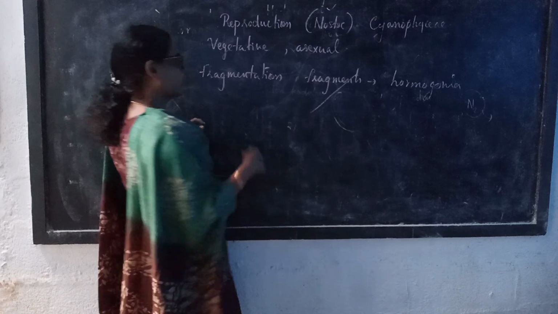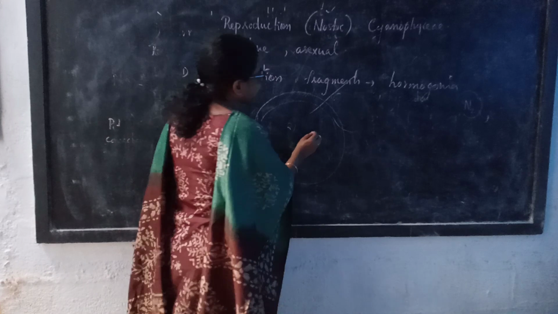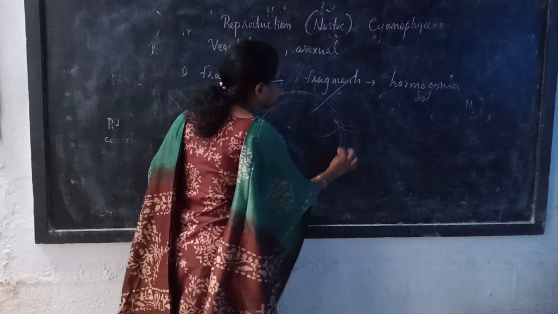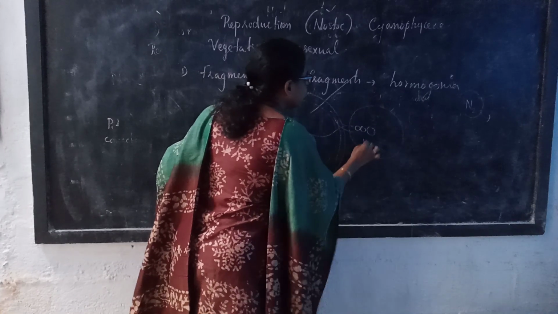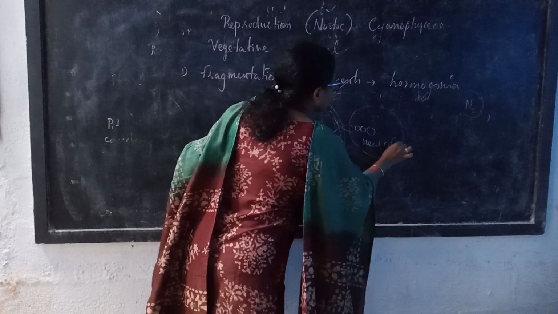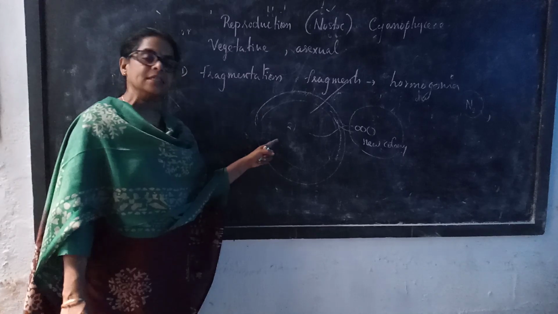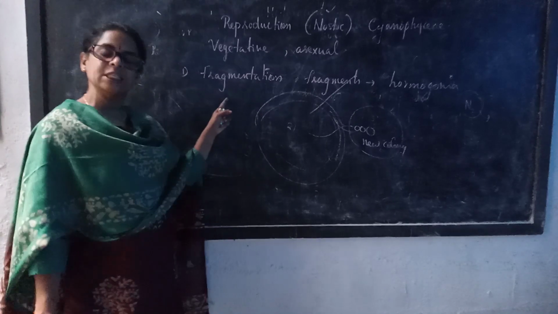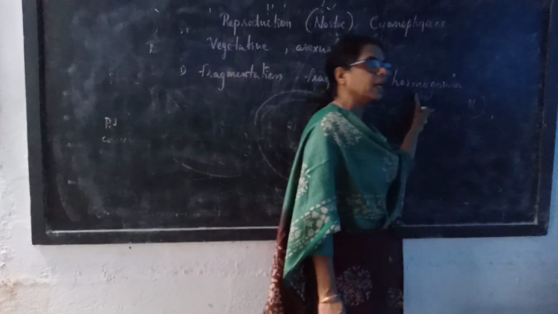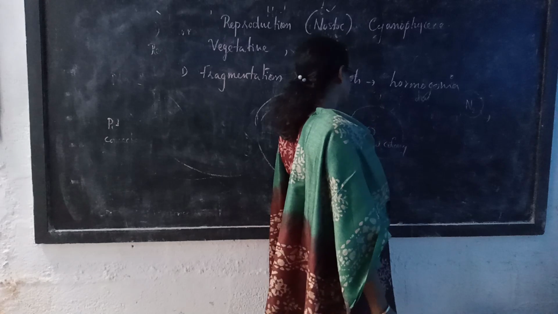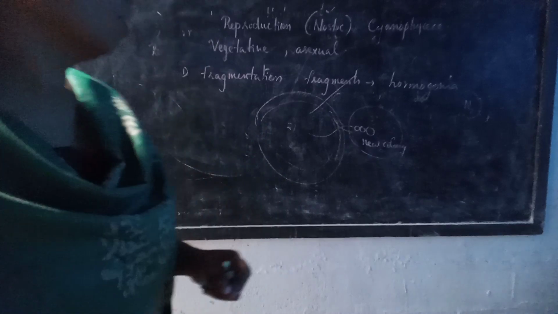Sometimes the hormogonia will increase the filament within the colony itself, but sometimes the hormogonia pierces through the mucilage envelope and comes out, and then it develops into a new nostoc colony. So hormogonia formation is also a means of reproduction. These are vegetative means of reproduction: fragmentation, and the fragments are called hormogonia, which can pierce the mucilage cover, come out and develop into a new nostoc colony.